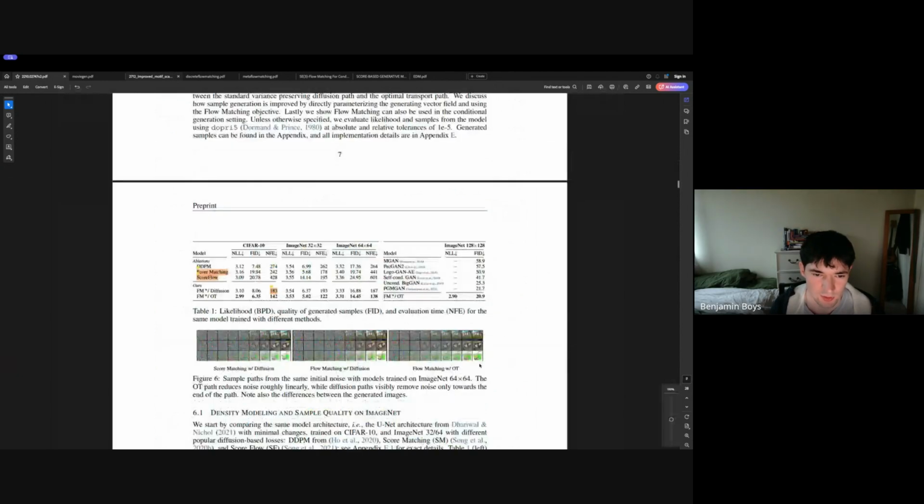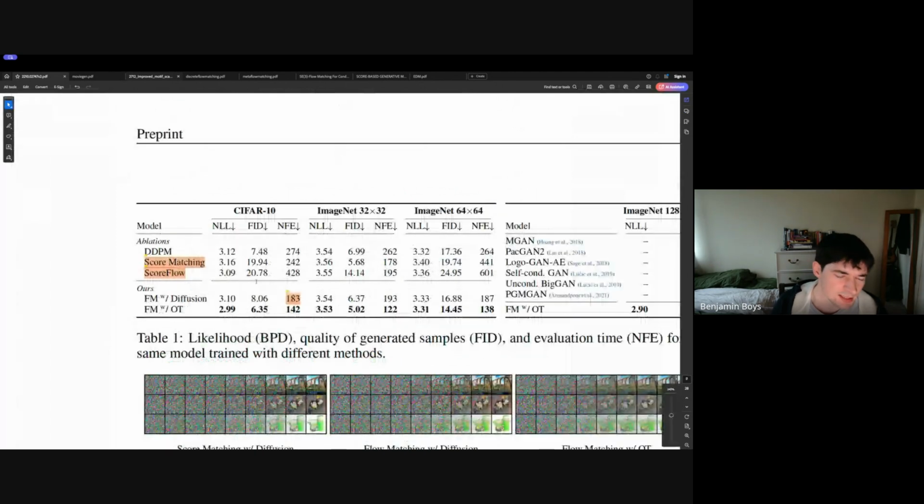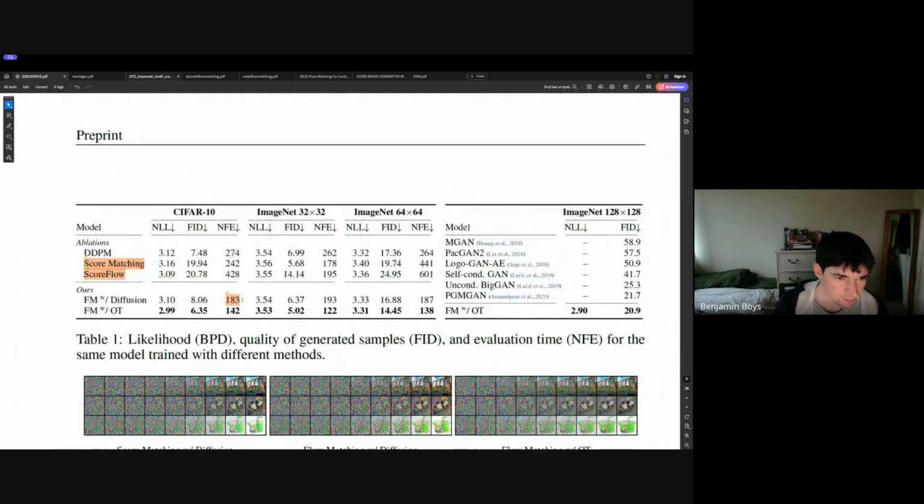Yeah, so then you've got the numerical results, and I think what this is saying is that for the same network, the same architecture, you're getting lower FID scores using these types of paths that are generated by flow matching rather than diffusion, and the training is more efficient, so you're able to reach lower FIDs given the same number of training steps. So the numbers are better, but I think the real proof is in the pudding of the number of applications